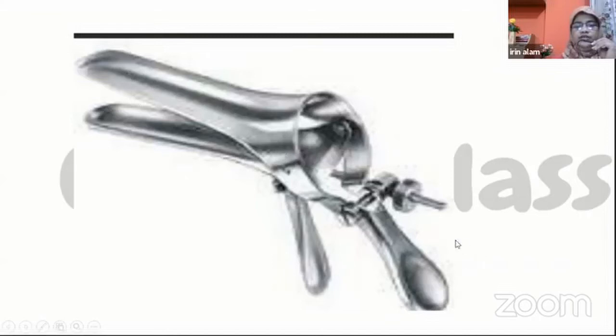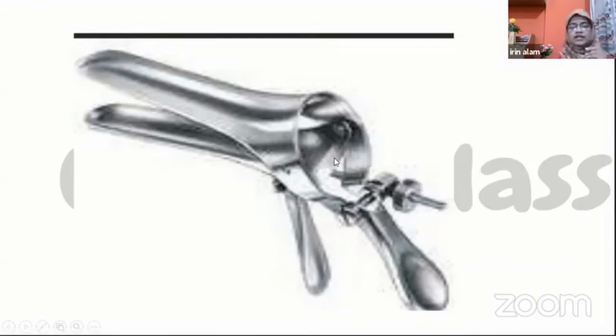Bivalve self-retaining, because there is a screw here. It can be held by this screw, and no assistant is required. It is used in obstetrics to detect PROM, and also used in gynae in different operations,